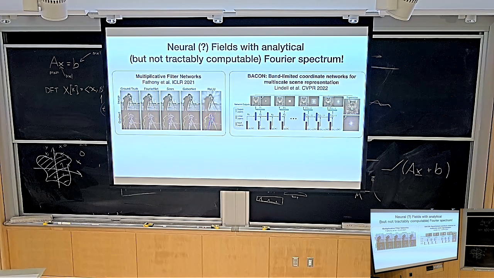I'm sure you've never done that again. If you tried doing that with a neural network, good luck. It's going to be ReLU of this thing, of ReLU of this thing, a bunch of composed ReLUs with affine transforms in between. There's in fact no way you can analytically derive the Fourier transform of any neural network.